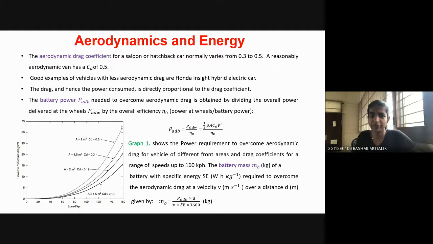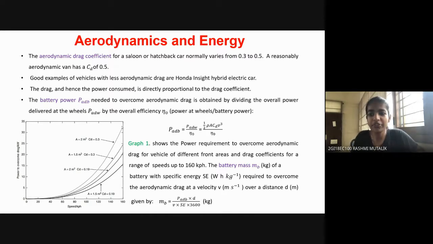More efficient. Here we have written the equation for battery power, that is PADB, which is equal to the total power divided by the total efficiency. Now, if I talk about this graph, the x-axis represents the speed in kilometers per hour and the y-axis represents the power that is required to overcome the drag at various values of frontal areas and CD, that is the drag